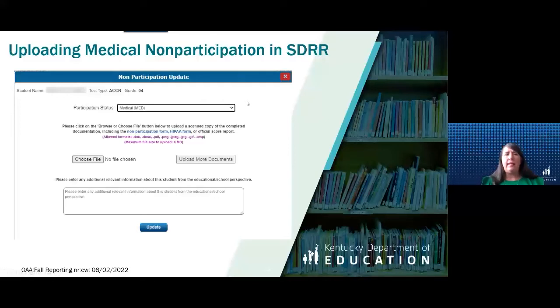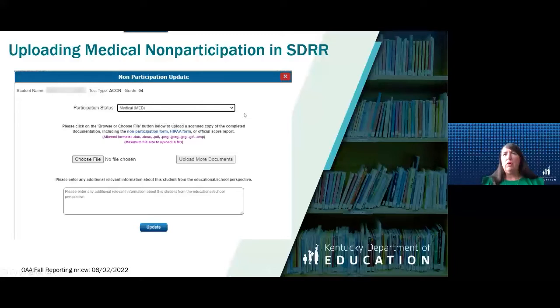And then once it's there, how to get to this screen is you'll go back to your student listing, find the student on your student listing. You'll go over to the right-hand side, make sure you're in the right test for that student.